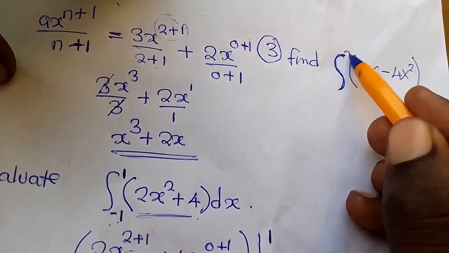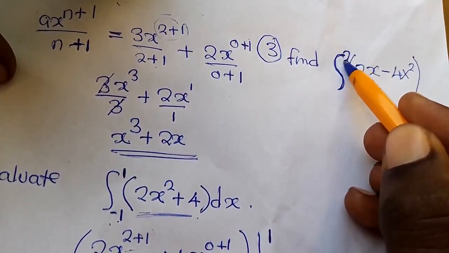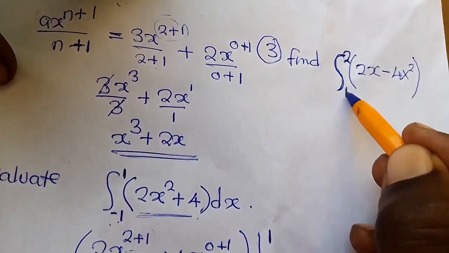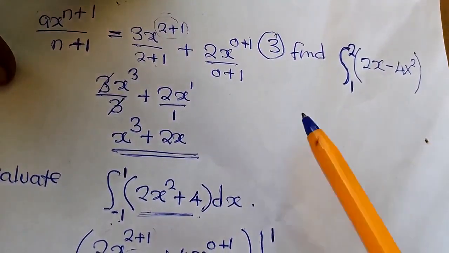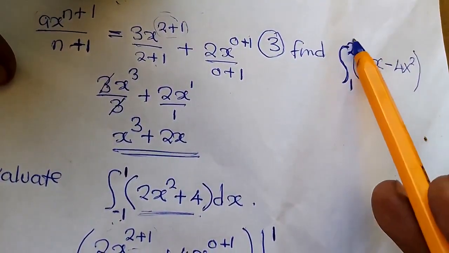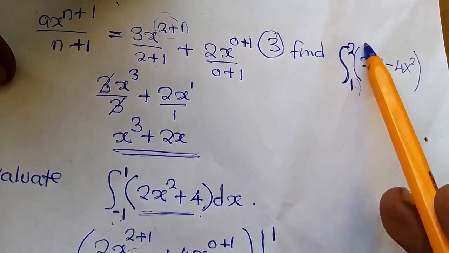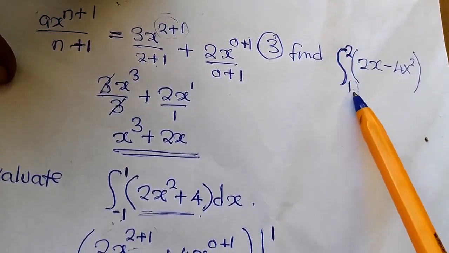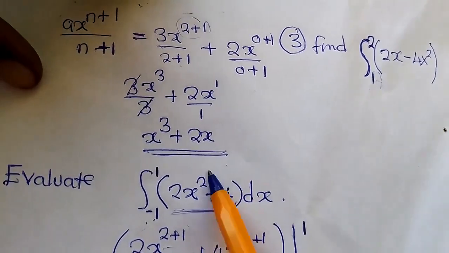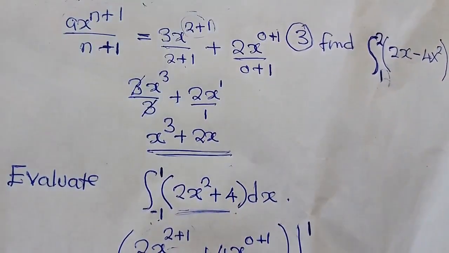There, we've got a 2. We've got a 2 there. Then here, I've got a 1. Have you seen? So this is the upper what? Upper number, upper limit, then lower limit. So you always say this one on top minus this one down. After you do what? After you integrate. So after we integrate,